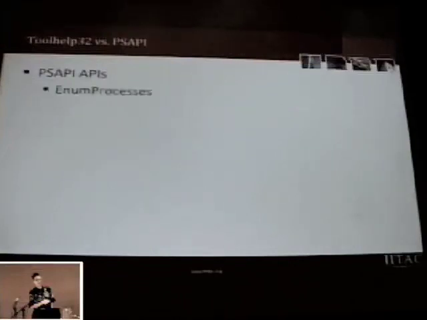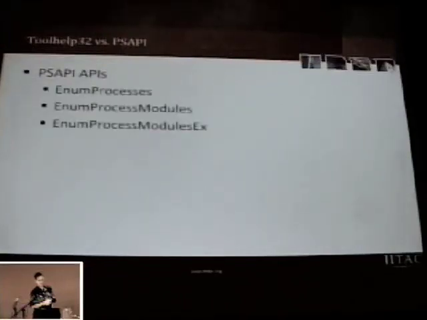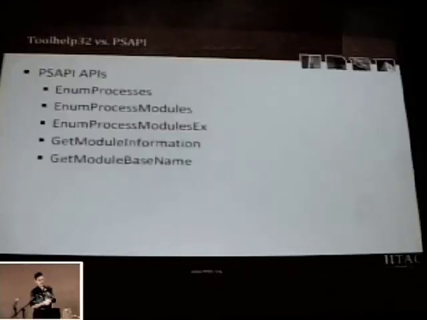So it's basically the same thing. Depends on what you're working with, but they give back the same results. So let's see the PSAPI family: EnumProcesses, EnumProcessModules and ModulesEx, GetModuleInformation, GetModuleBaseName, and finally GetModuleFileNameEx. So let's see, the EnumProcesses function